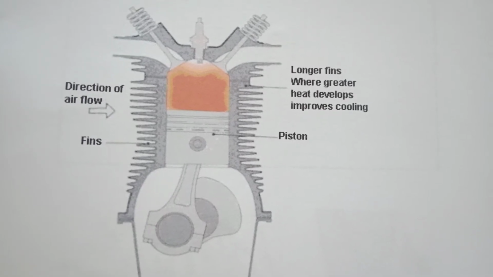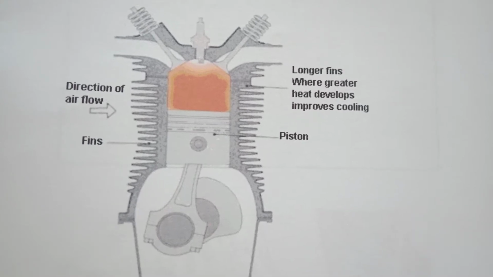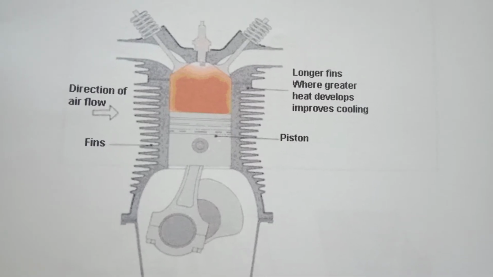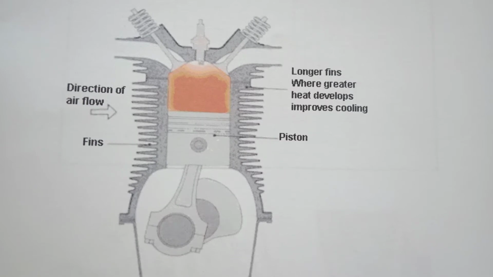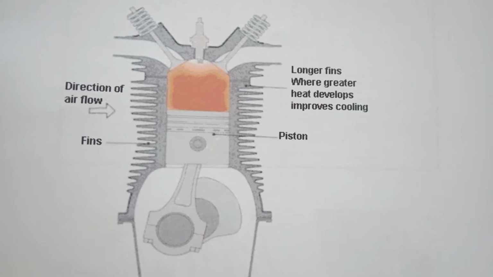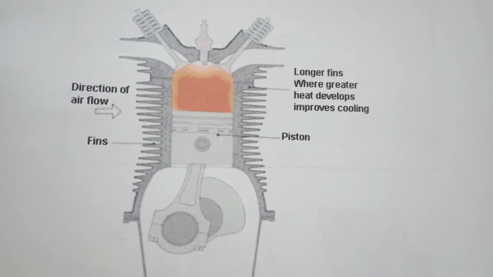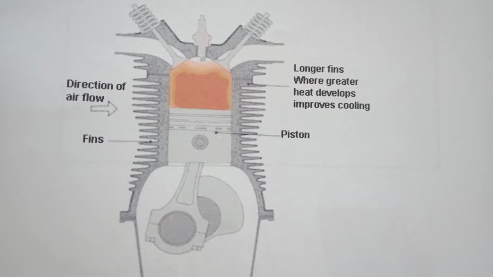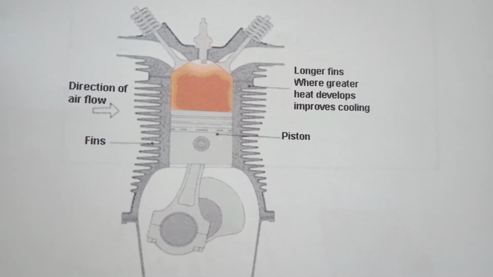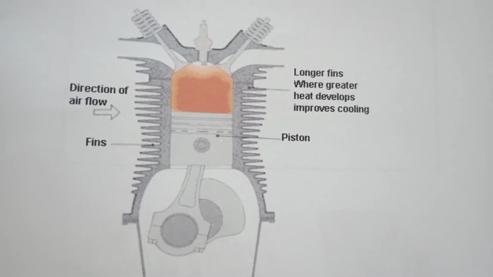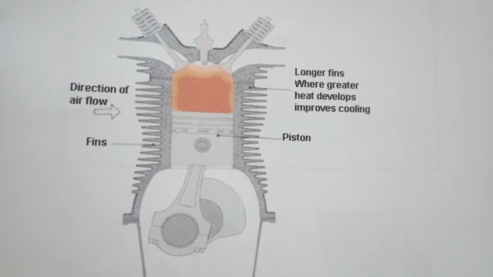Now what is the requirement of the cooling system? Why is a cooling system necessary in the IC engine? So we all know that there are mainly two types of IC engines, 4-stroke and 2-stroke, and in both there is one power stroke in which combustion takes place due to the burning of charge, due to which a large amount of heat is generated. So it is very necessary to dissipate this heat into the atmosphere or to the cooling medium.